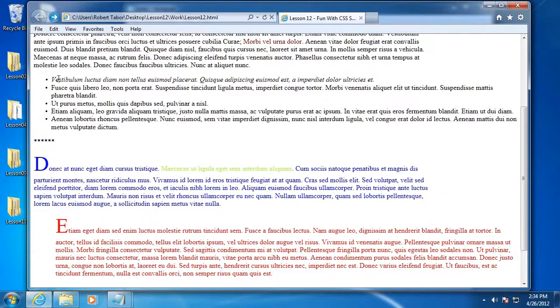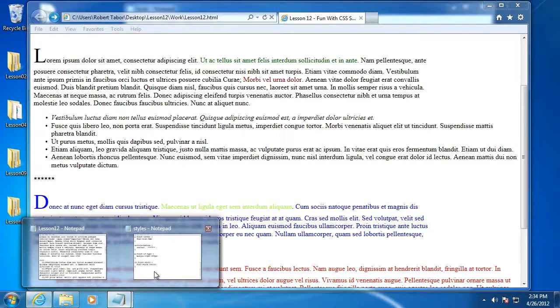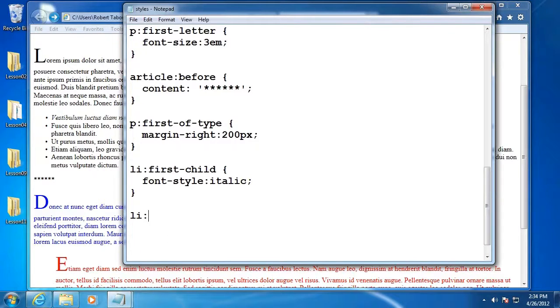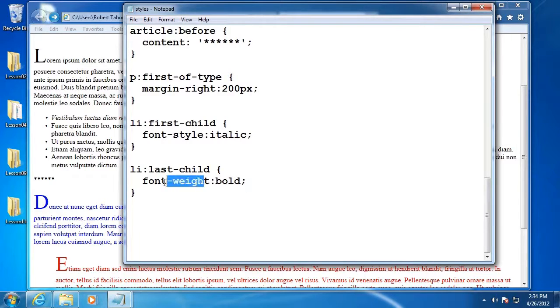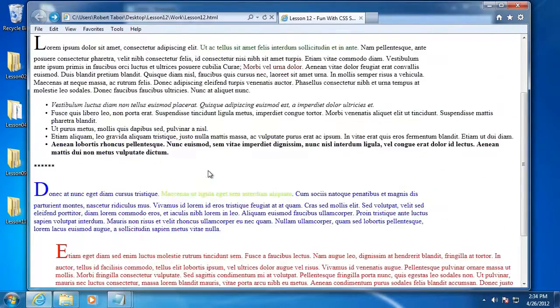And as we would expect, this very first list item is italicized. We can do the same thing with the last child. And so we'll go font-weight: bold. And again, we haven't talked about any of these properties. That's what the remainder of the series is for. Right now, we're only focusing on these selectors, okay? Just to make sure you understand, I'm going to come back to those concepts. And we're just kind of throwing these out here. But you can see now the last child is